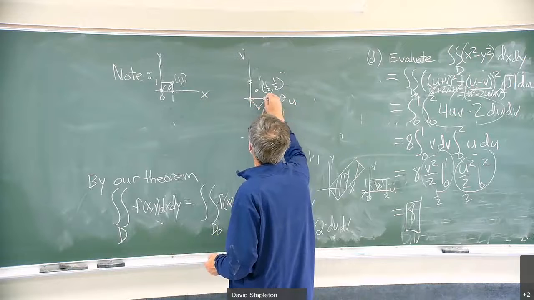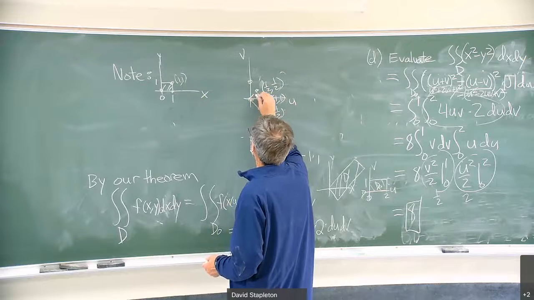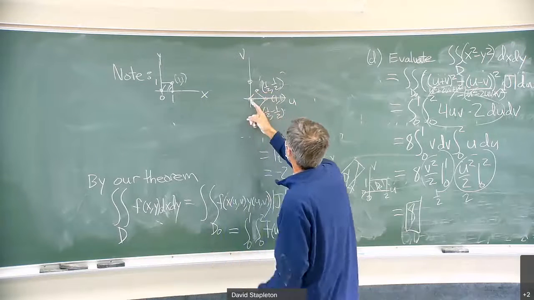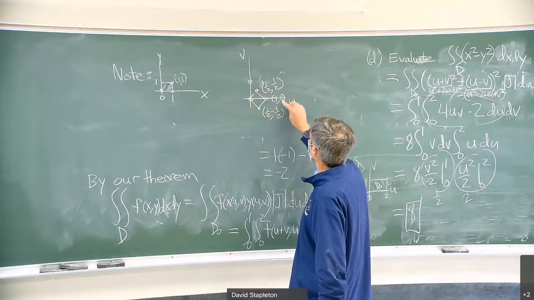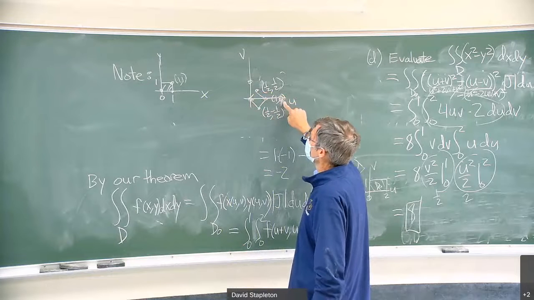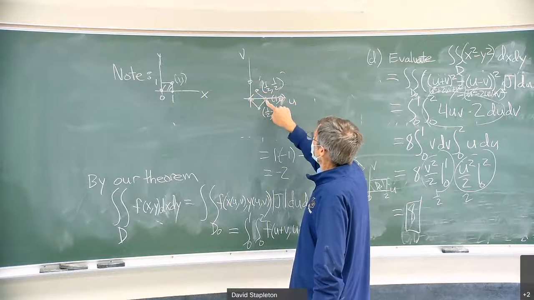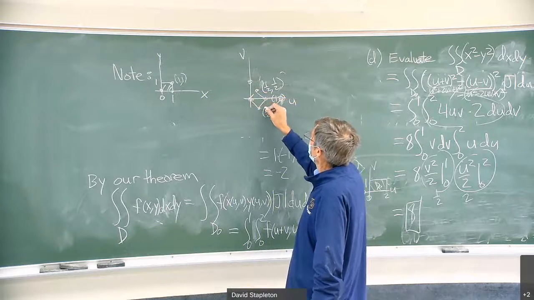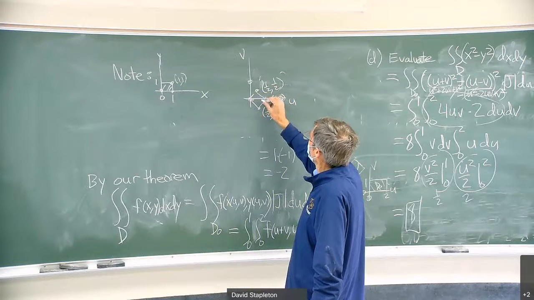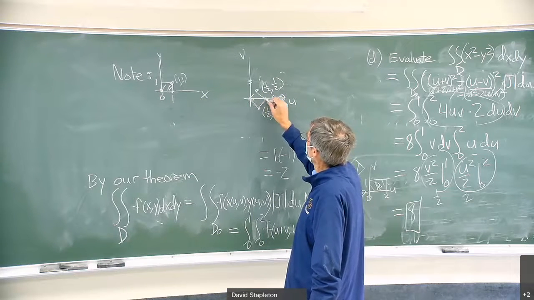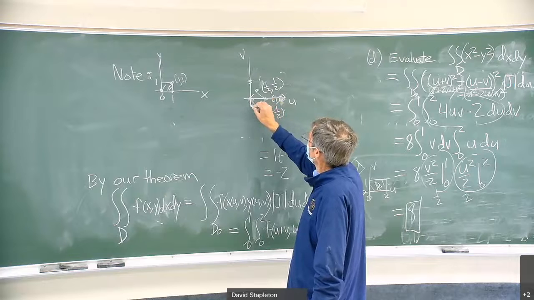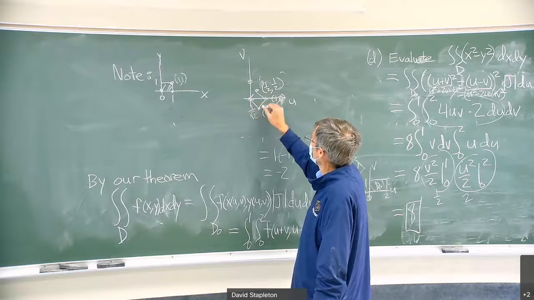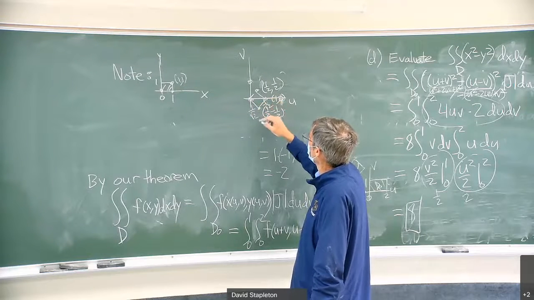What happens is the diamond here, having these lengths, this is 1 over square root 2 for this side, 1 over square root 2 for this side,